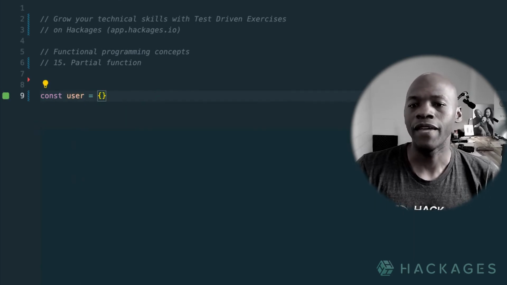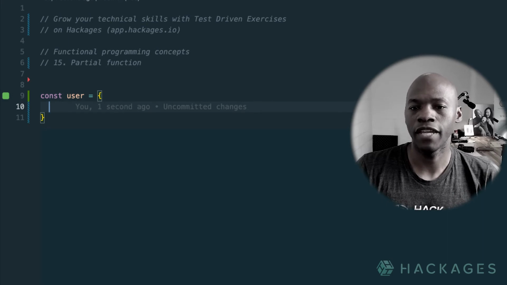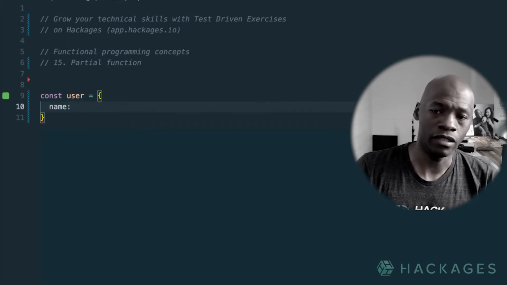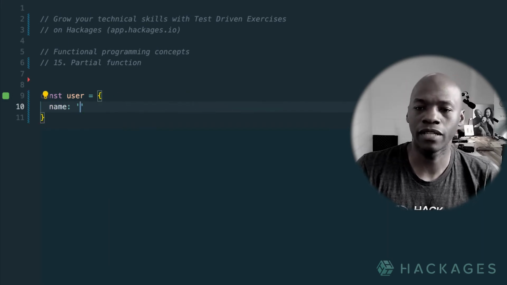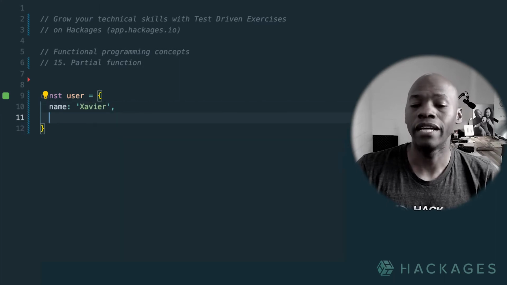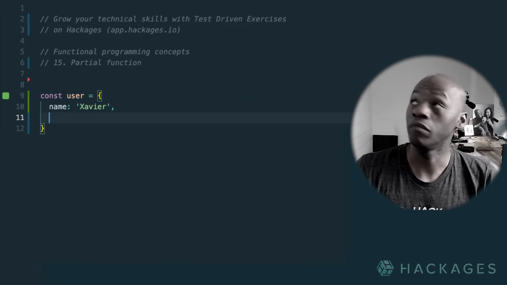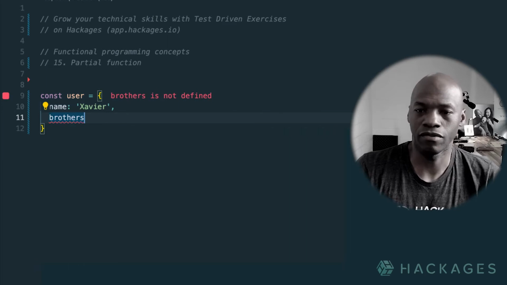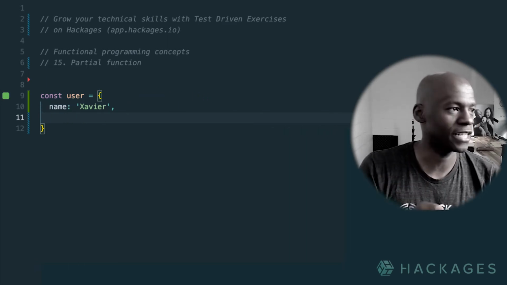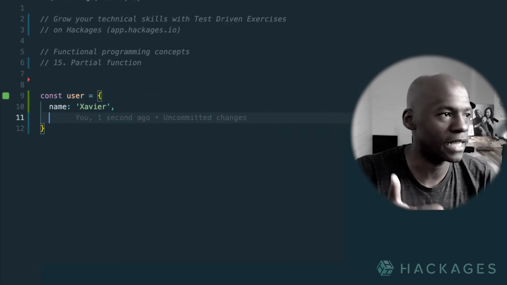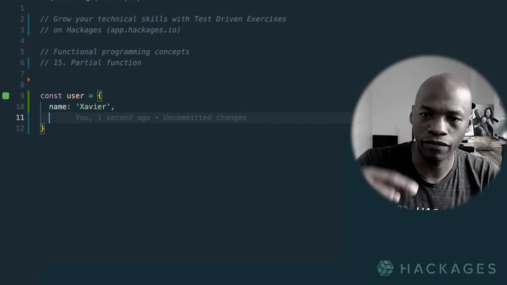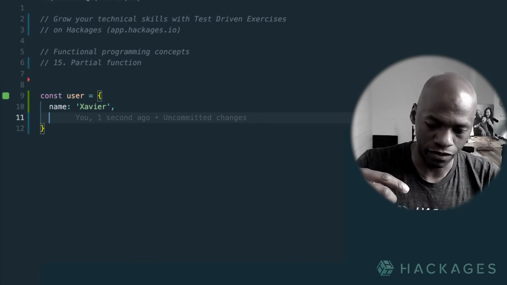And that user has a name, and well, the name here, we're going to say Xavier because, well, that's my little boy. And then you're going to say friends, for example, or brothers or sisters, I'm just trying to find an example. I'm gonna give you an example there that will leverage this idea of